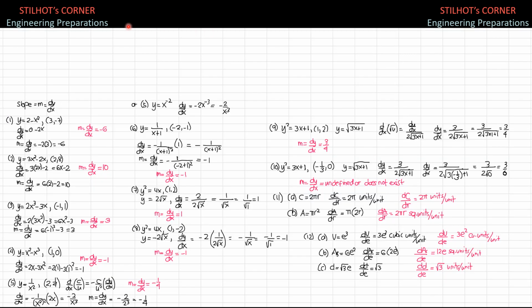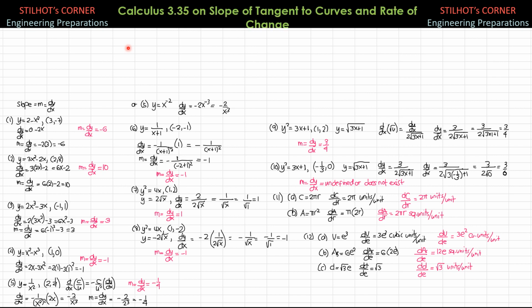Hello students, viewers, subscribers, and future engineers. There is another set of problems in calculus about computing the slope of tangents to curves at a point, and the other interpretation of derivative is rate of change. So I'll present the solution in a manner that is ready-made, with fewer animations to shorten the solution, and second, my